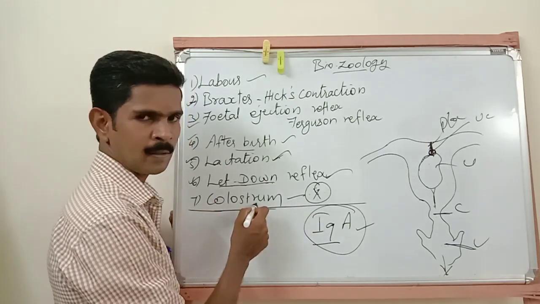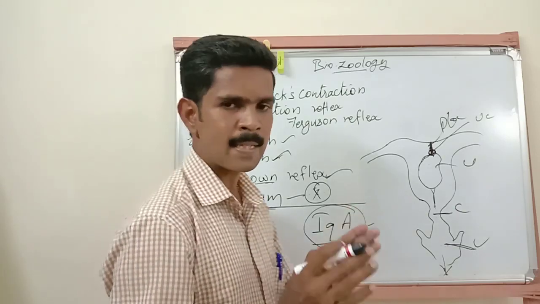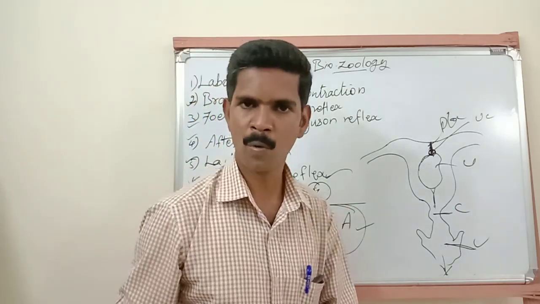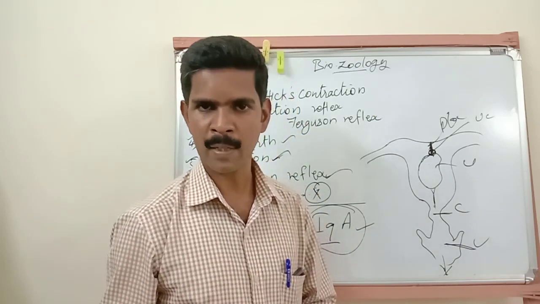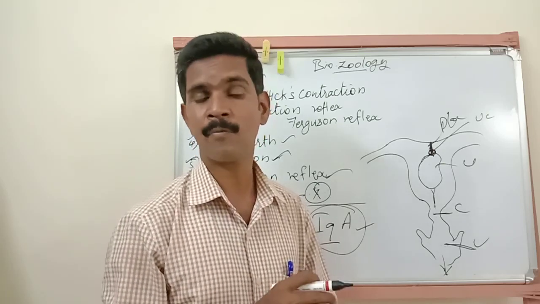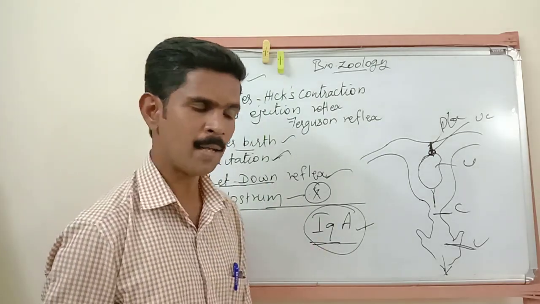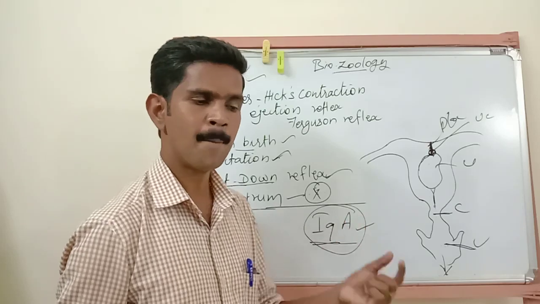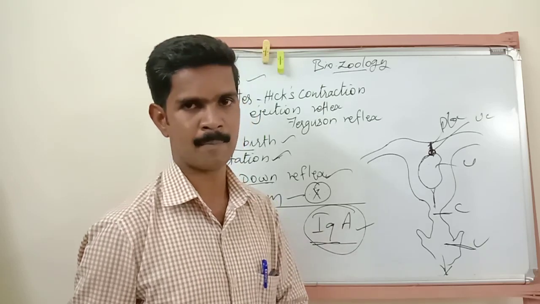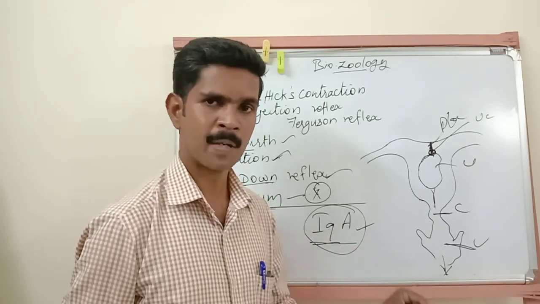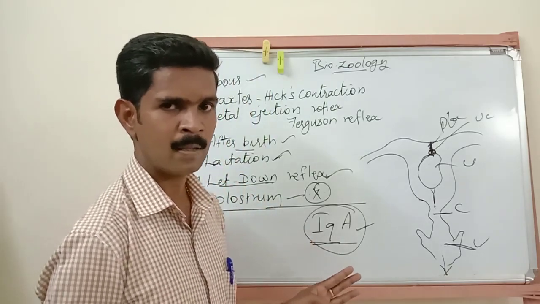And the last question is colostrum. It is a yellowish fluid secreted by the mammary gland during the few days after childbirth. It consists of more nutrients, meaning more proteins, vitamin A, minerals, very little lactose, and the fat is totally absent. And it has one more component, the IgA antibody. The use of this antibody is protecting the newborn baby's digestive system from bacterial infection. Some growth factors, tissue repair factors and immune factors are also highly available in colostrum. Understand, my dear students?